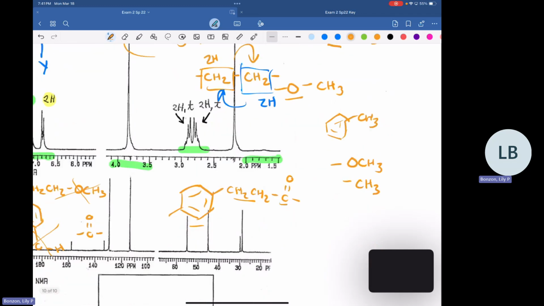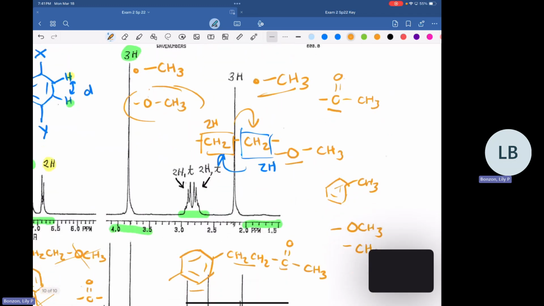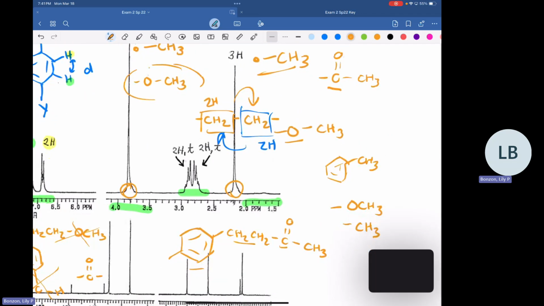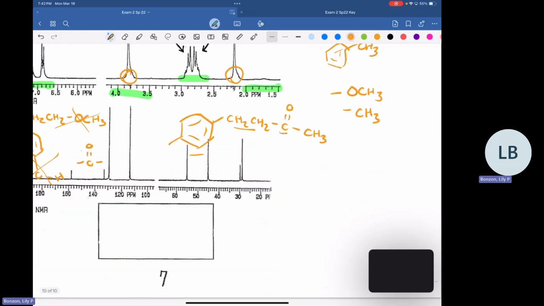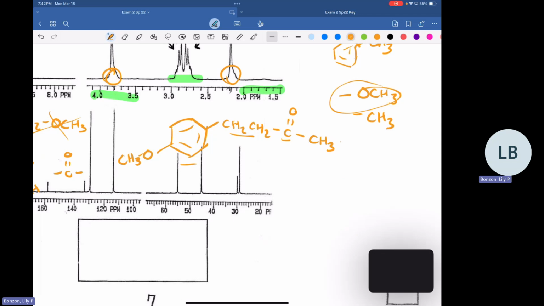I'm going to put this one next to the carbonyl because it is not as far downfield as this other one over here on the left. So it's not going to be directly connected to an oxygen, but it could be connected to this carbonyl instead. And so then that just leaves our last piece as this OCH3. We can't connect this anywhere here because that would give us too many bonds on that CH3. But we do have this other para spot on the benzene that we can put it in. So that's what I'm going to do.